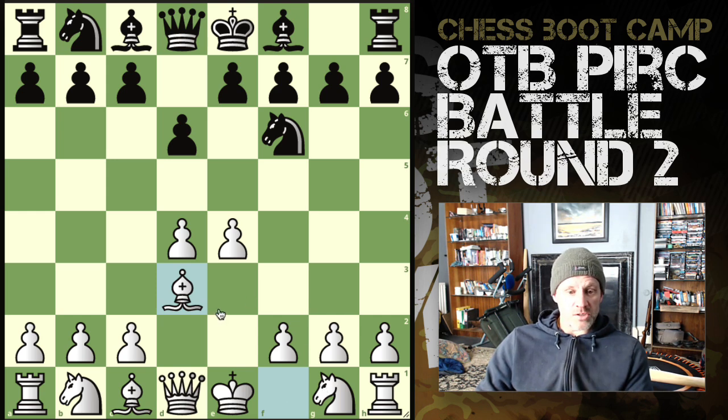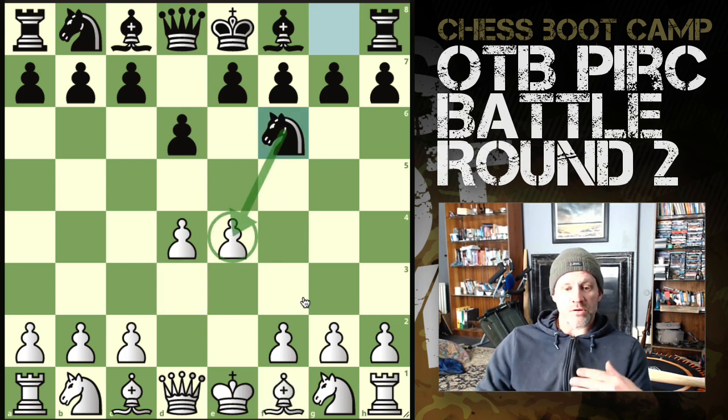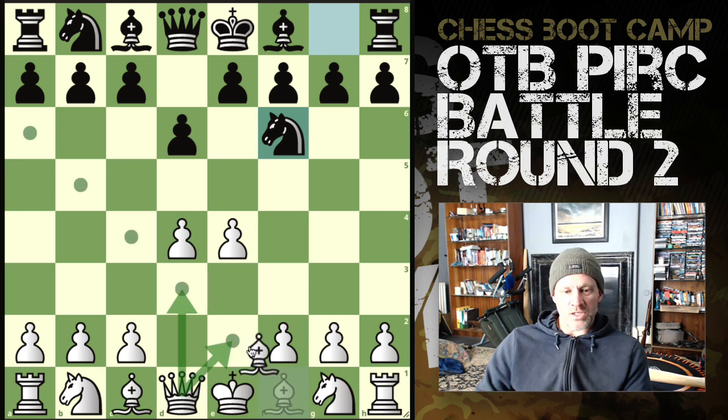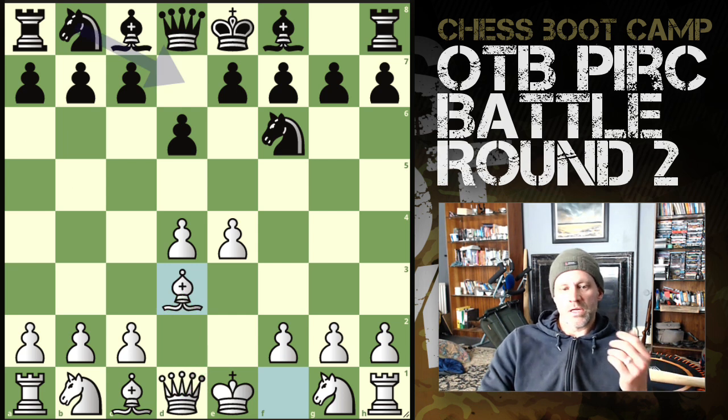I probably want to castle kingside, but the main point is this knight's already attacking the pawn, so I've got a few options. F6, F3, no. Knight C3, well, not if I want to put my pawn there. So that doesn't leave us that many options. Yeah, Queen D3, Queen E2. So I put my